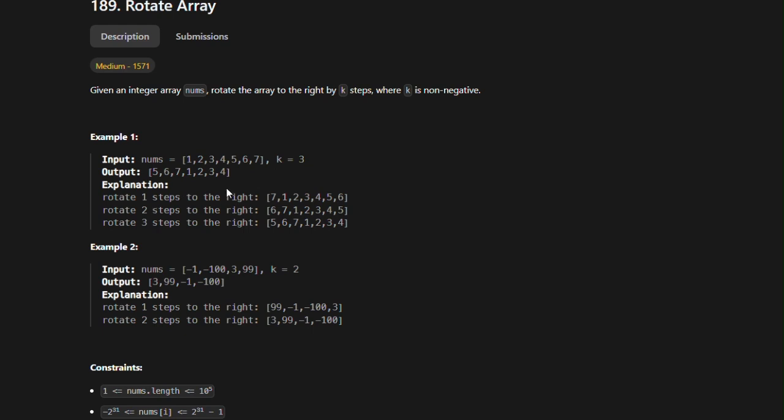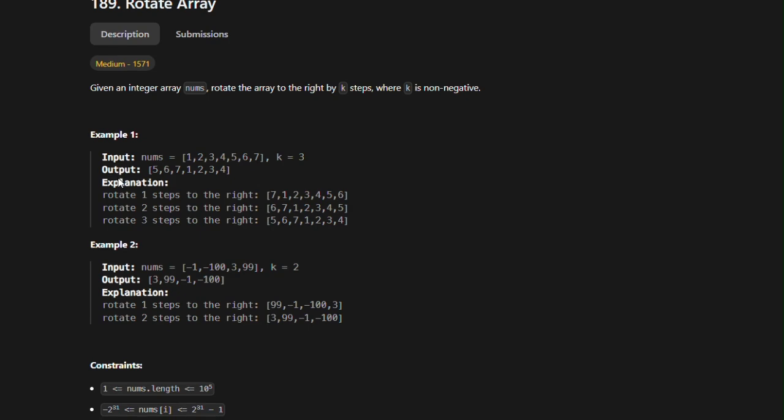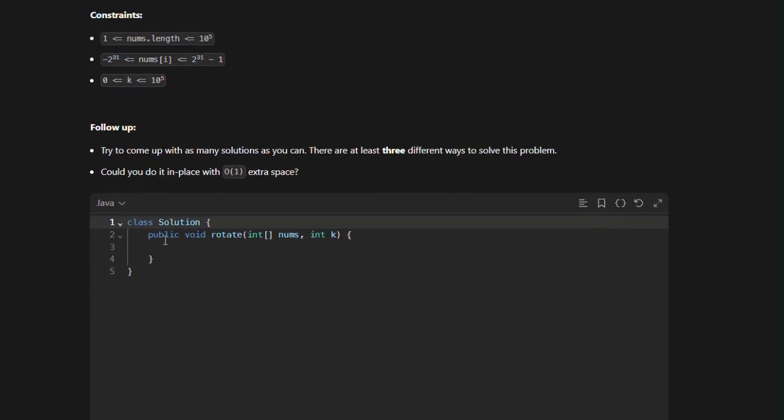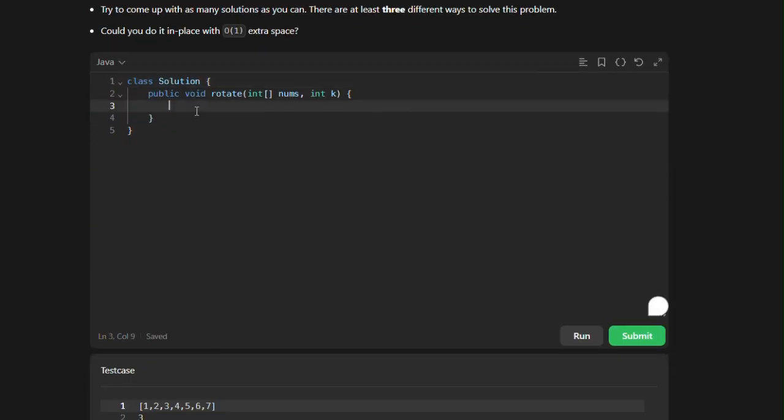And as I have mentioned the logic earlier, just take the number of elements given by k, and we will just move them to the front of the array. So let's start with the coding. First of all, let us take note of the length of the array,